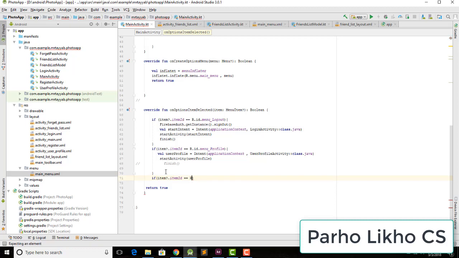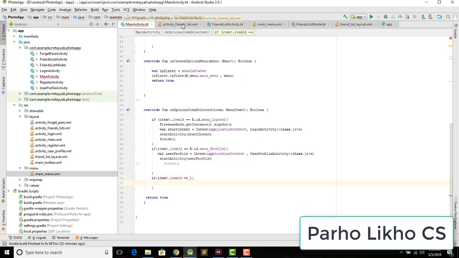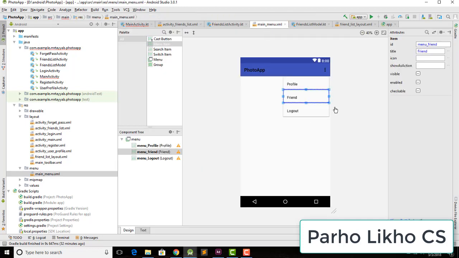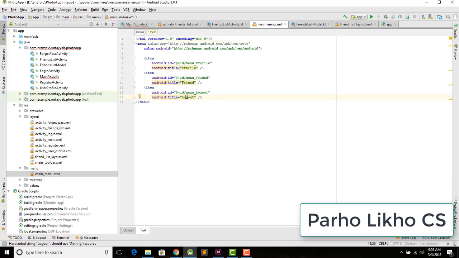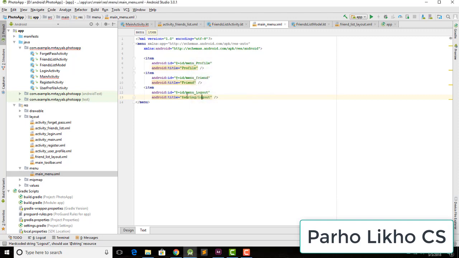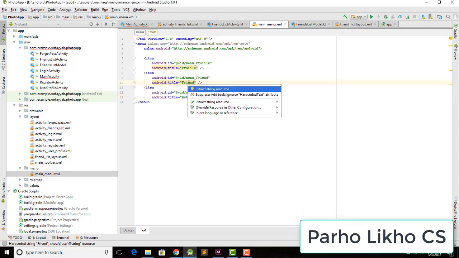You can see here no id is variable, what is happening? So I go again to menu and see here I am assigning id friends, and we need to